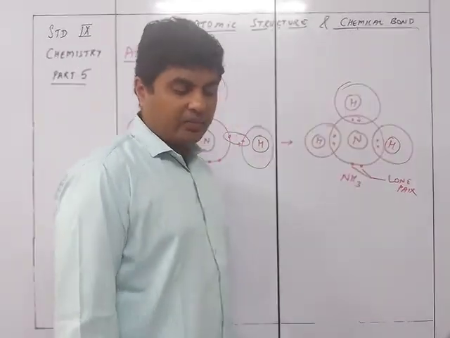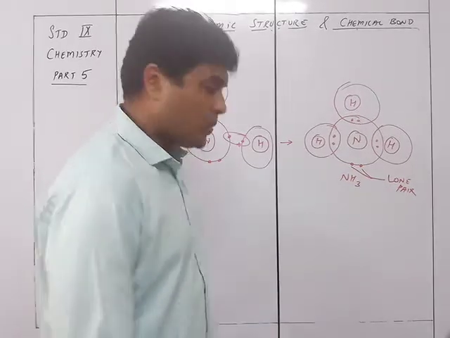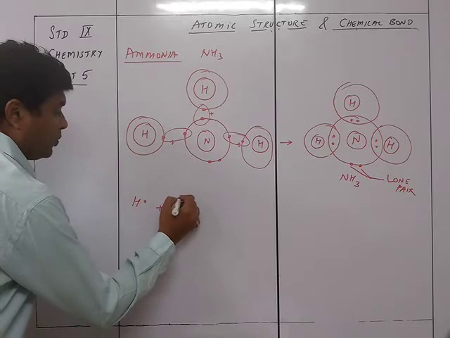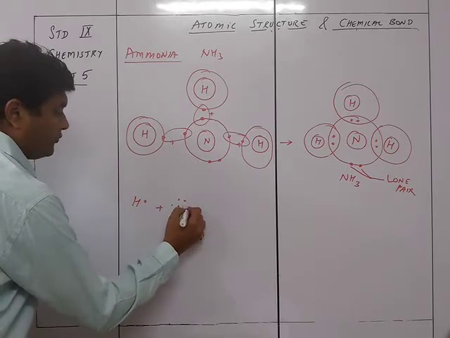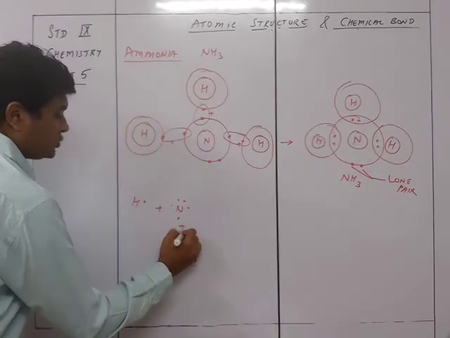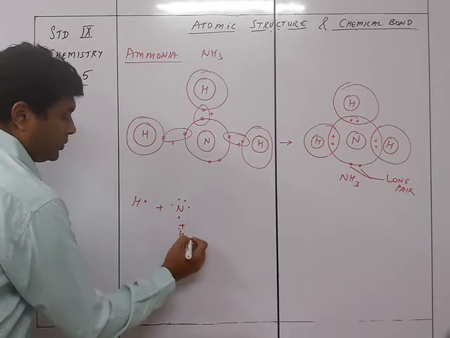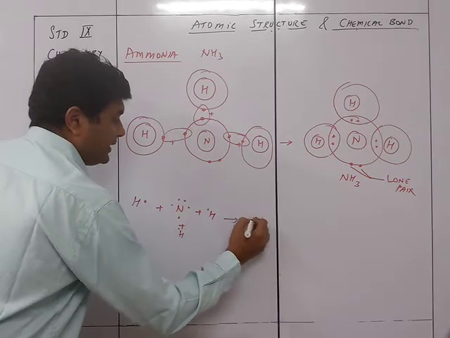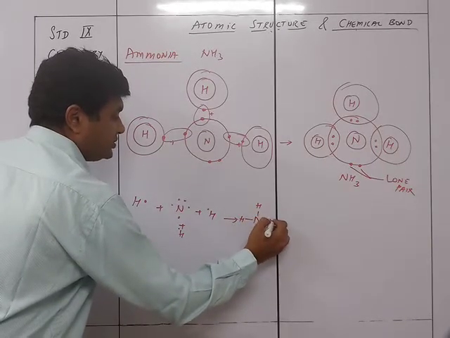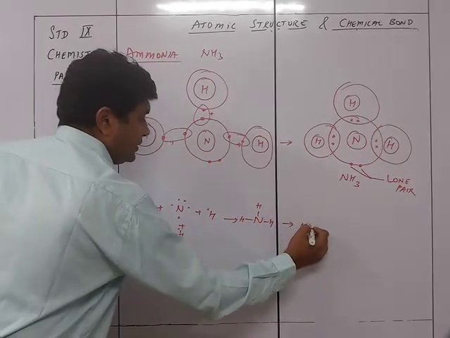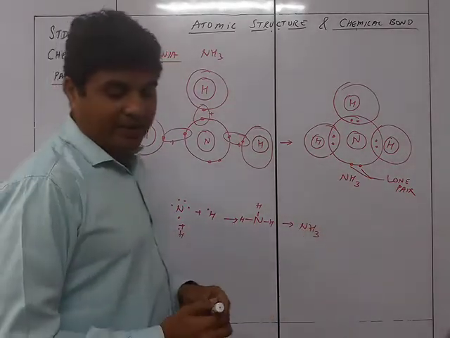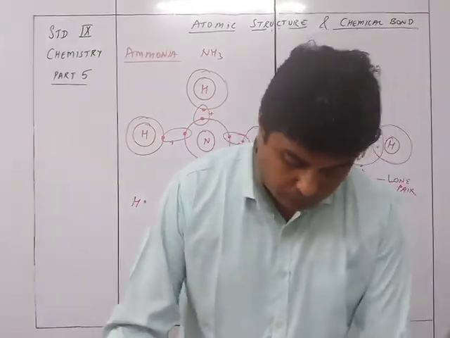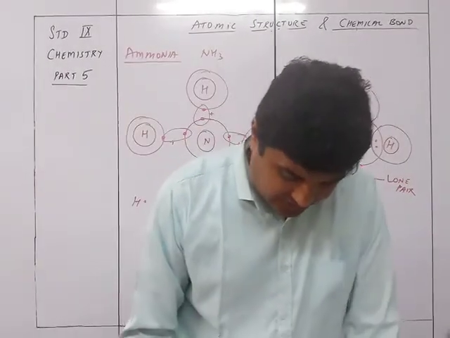The dot diagram in ammonia again will be quite a similar one. So it will be H and then a dot plus N and then a dot 1, 2, 3, 4 and 5, with plus H over here and with a dot over here and plus dot H over here to give you N and then H and then H and then H to give you NH3. So this will be the dot diagram of the ammonia. So that was ammonia, that is NH3.